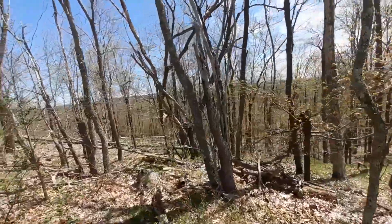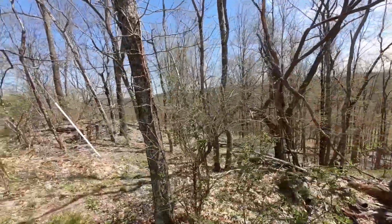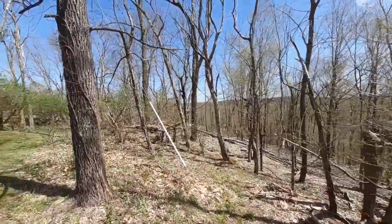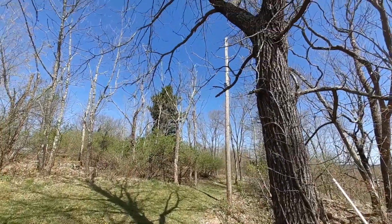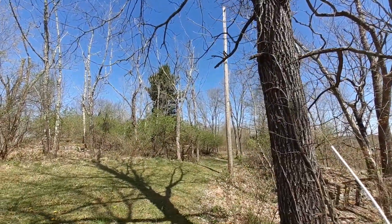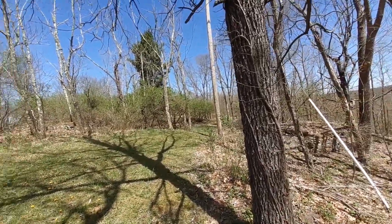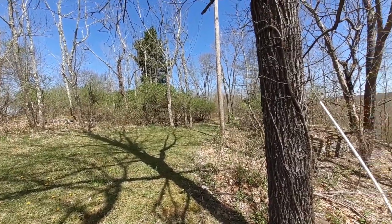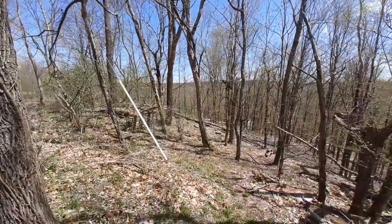It looks like we got a lot of trees down here over in the woods. Oh, we got some interesting things here, guys. So one, we have a telephone pole here, the wire. So there's power nearby going down. I'm not sure if there's a trail here or not. I do see a sign down the path here. We'll have to check that out. I haven't been down there yet. But right here,